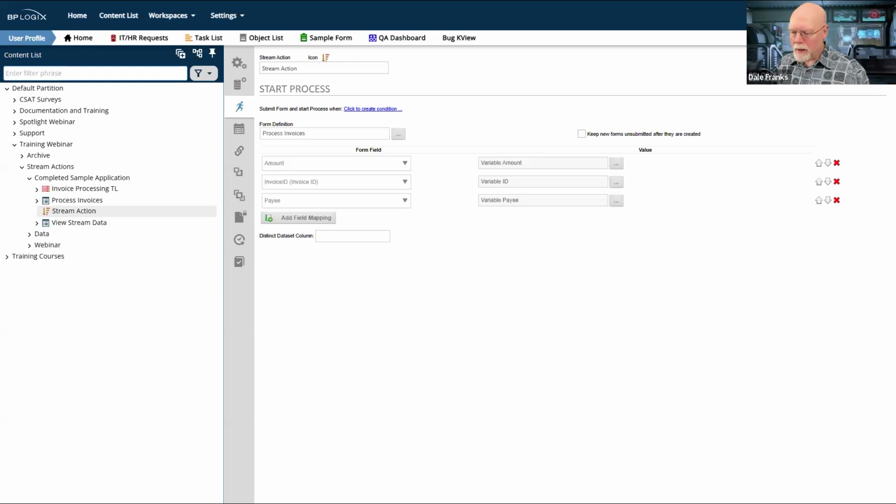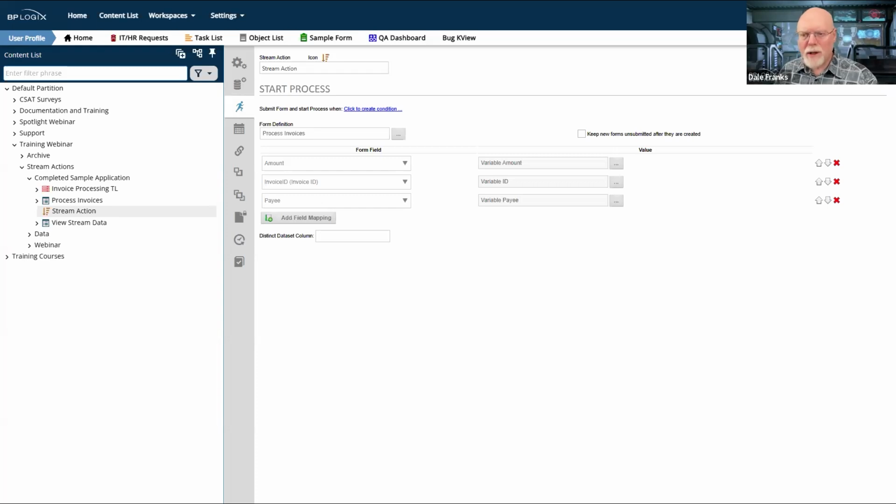Most of the time in Process Director, whenever we want to invoke a process, whether we do it via a goal on a scheduled basis, or from a knowledge view, where you can have a knowledge view that will start a process for each row in the knowledge view that gets returned. In both cases, we invoke the process directly, and so the process begins to run. If there's a form associated with the process, it gets attached automatically and we're off to the races. Everything is fine.